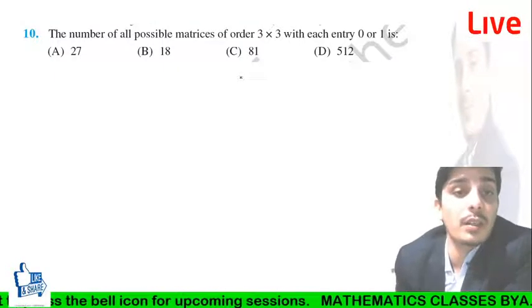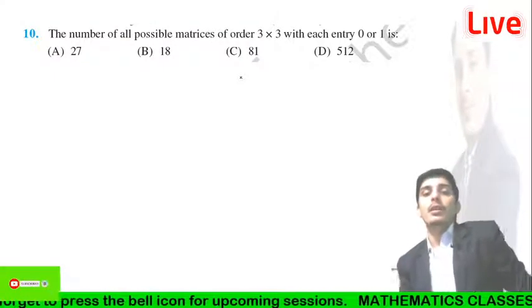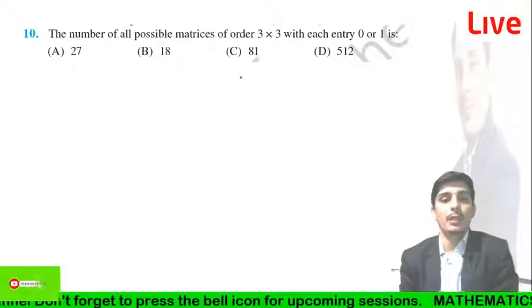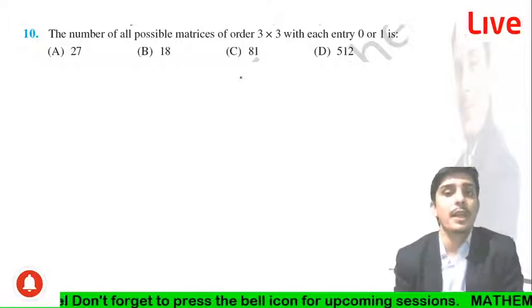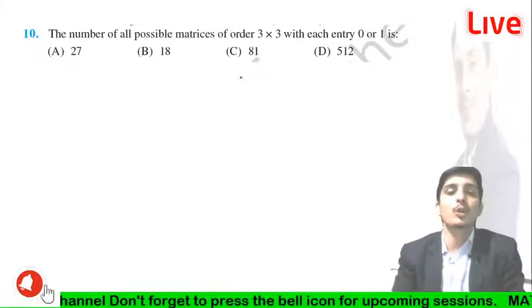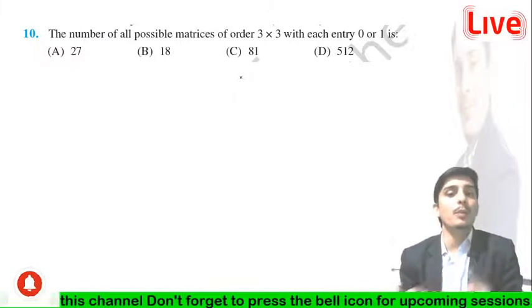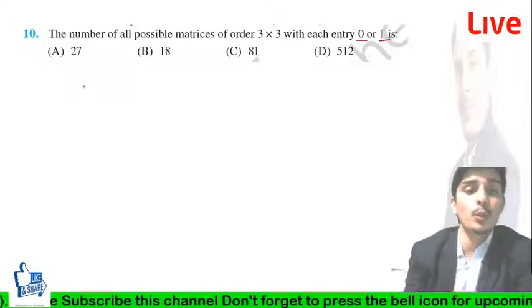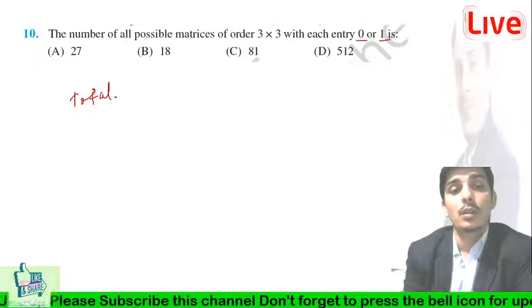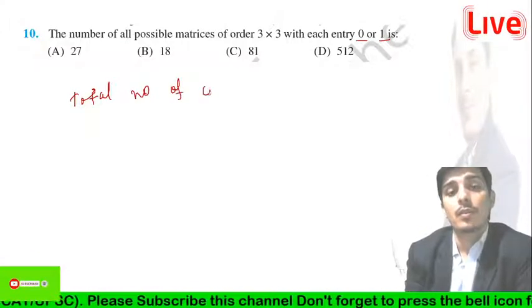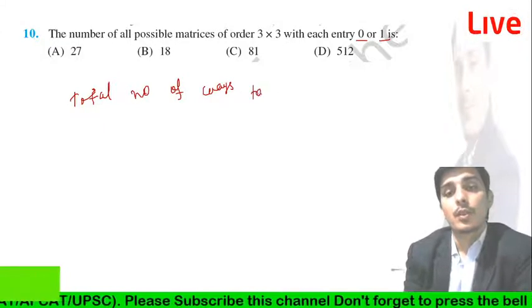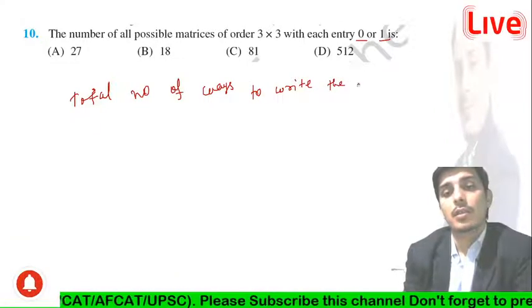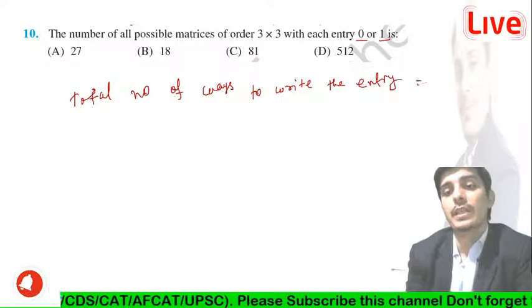So this is very simple: the number of all the possible matrices of order 3 into 3 with each entry being 0 or 1, right. This is very simple, guys, and here you have to use the concept of permutation from 11th class, because we have two entries, 0 and 1. So the total number of ways to write the entry,